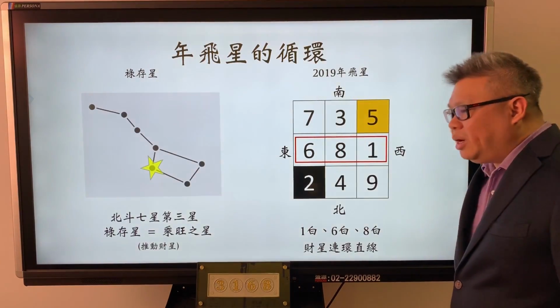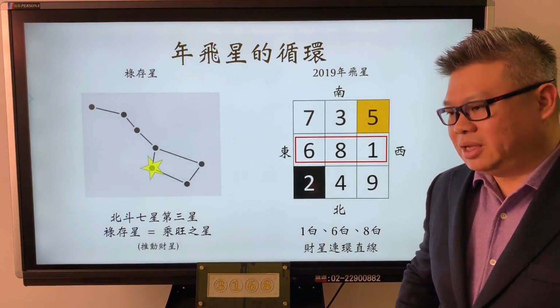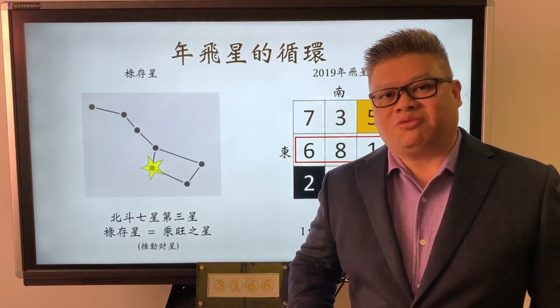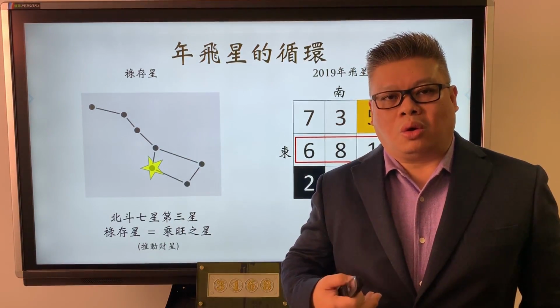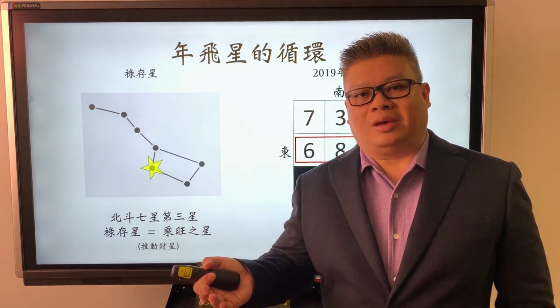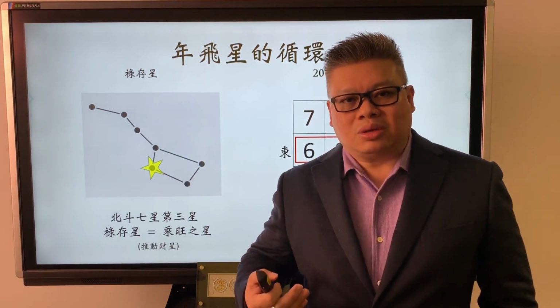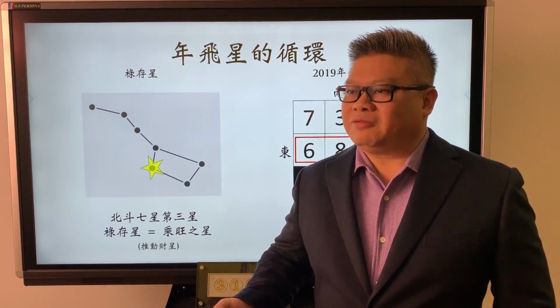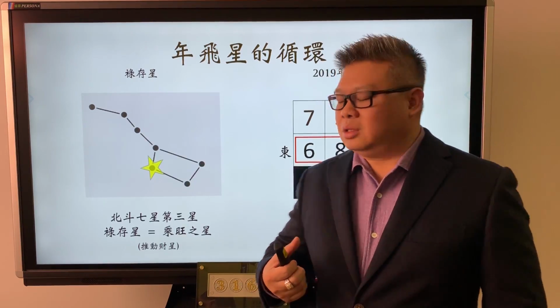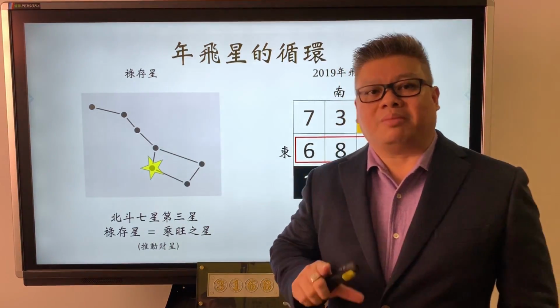Okay, so what is this flying star about? The flying star, if you know, in the northern hemisphere, there's a star group called the Northern Dipper. The Northern Dipper is seen only in the northern hemisphere. The southern hemisphere has what we call the Southern Cross, which is somewhat different. It has 6 stars. The Northern Dipper has 7 primary stars.